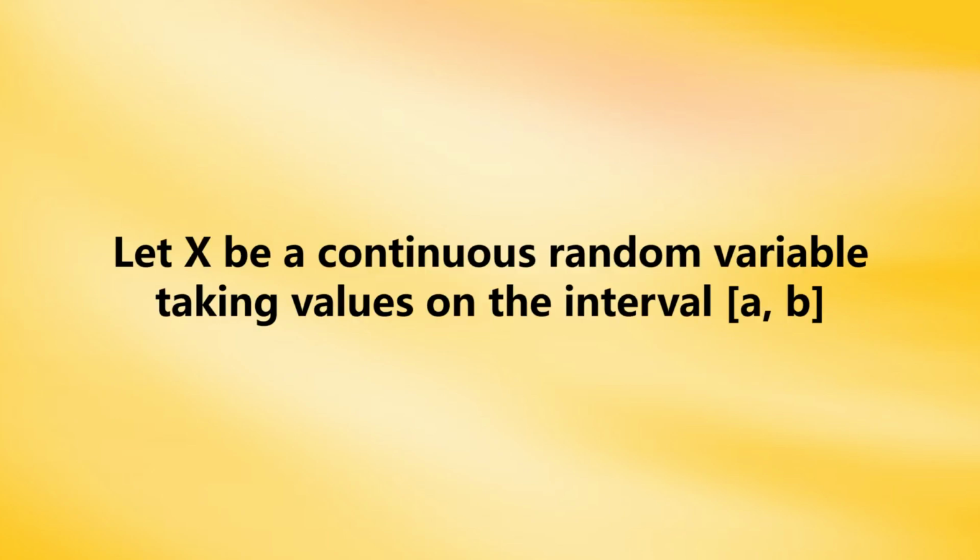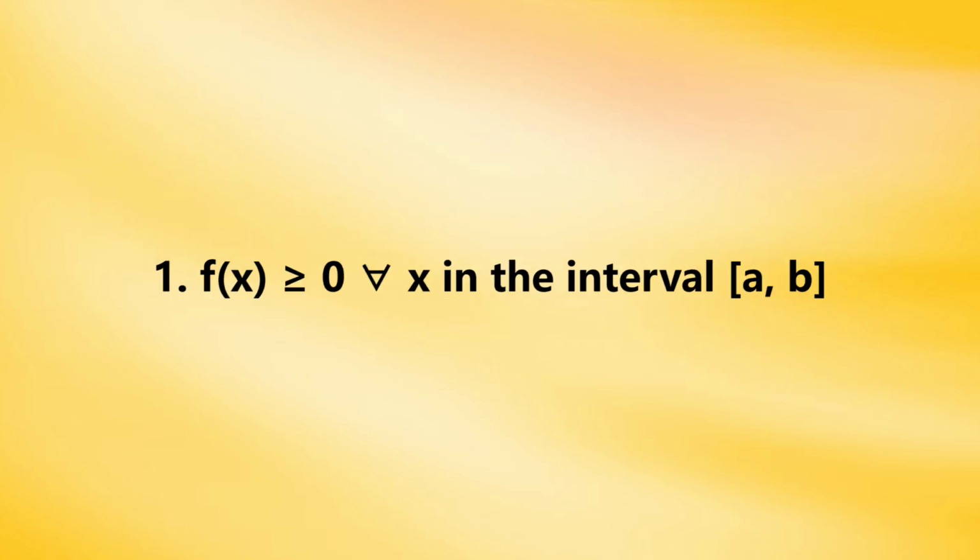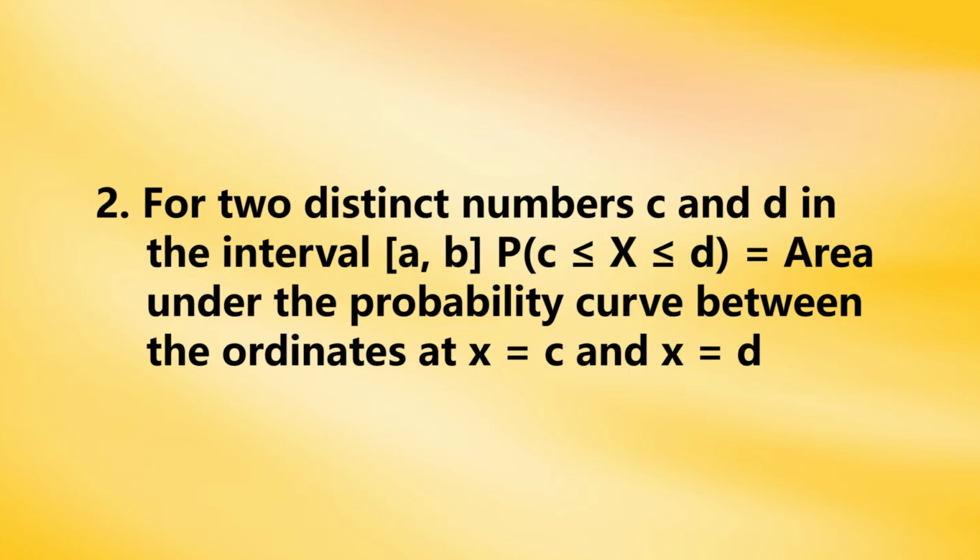Let x be a continuous random variable taking values on the interval a, b. A function f of x is said to be a probability density function, abbreviated as PDF, of the continuous random variable x if it satisfies the following conditions. Firstly, f of x should be greater than or equal to 0 for all x in the interval a to b. Secondly, for two distinct numbers c and d in the interval a, b,